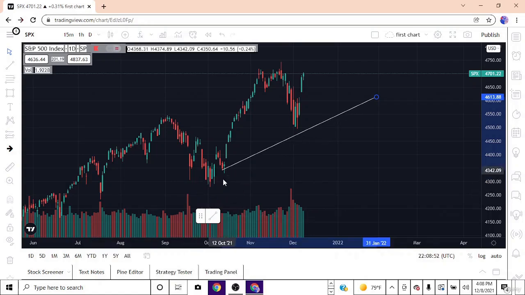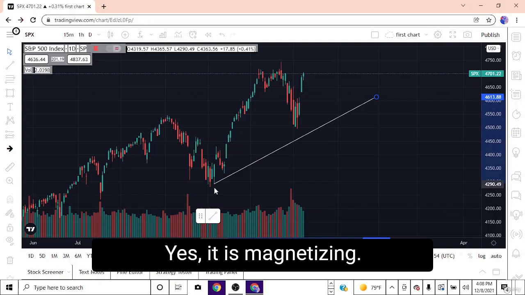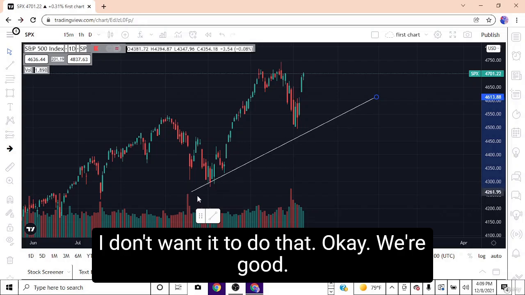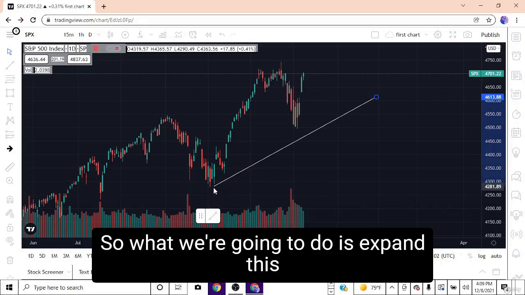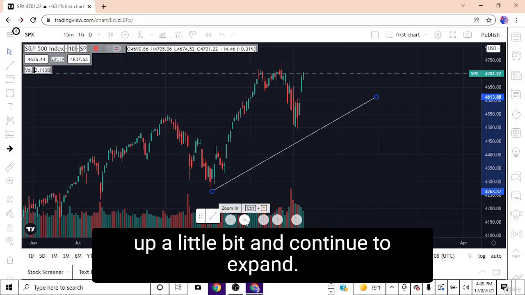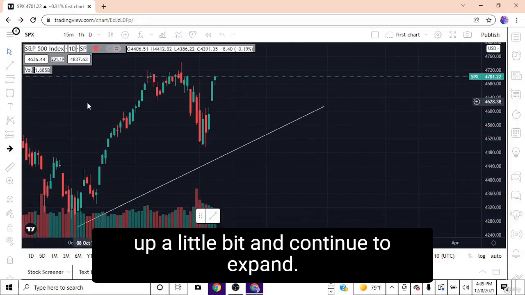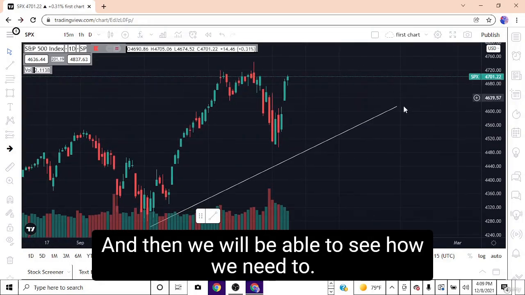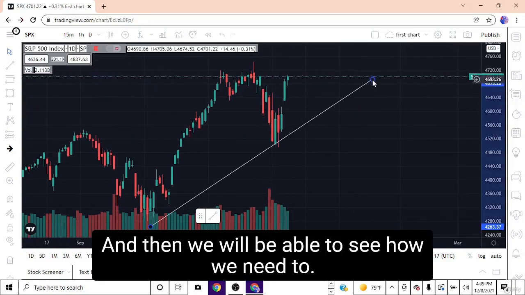And is this magnetizing? Yes, it is magnetizing. So let's see if we can take it off magnetize. I don't want it to do that. Okay, we're good. So what we're going to do is expand this up a little bit and continue to expand, and then we will be able to see how we need to,